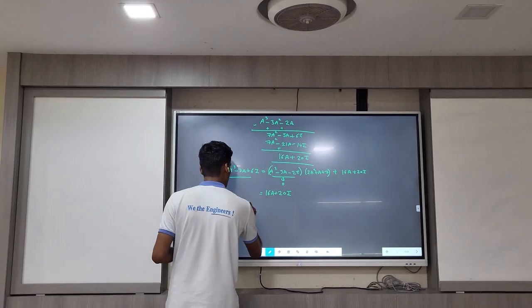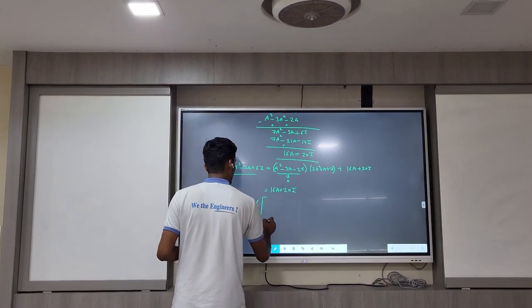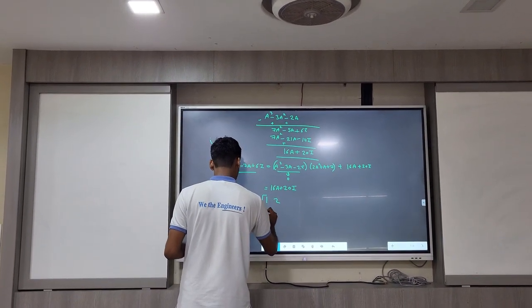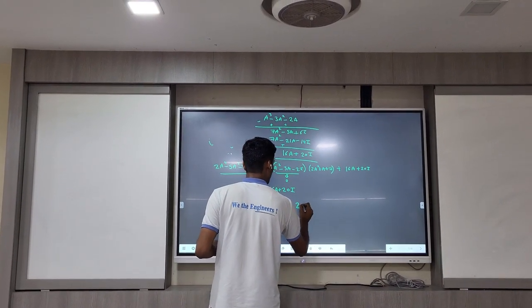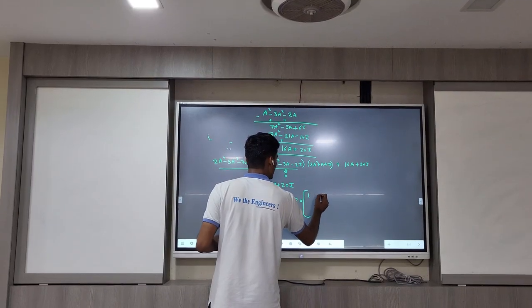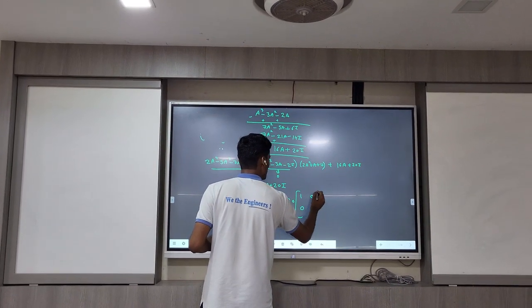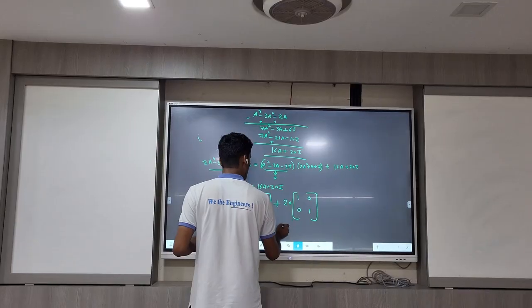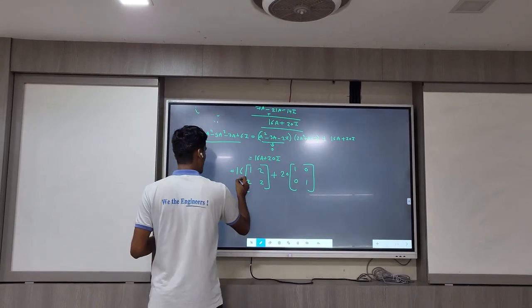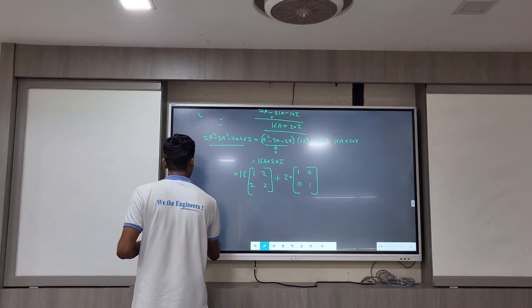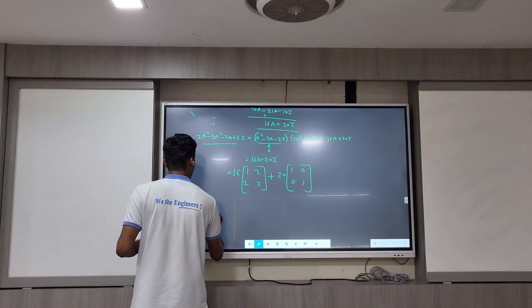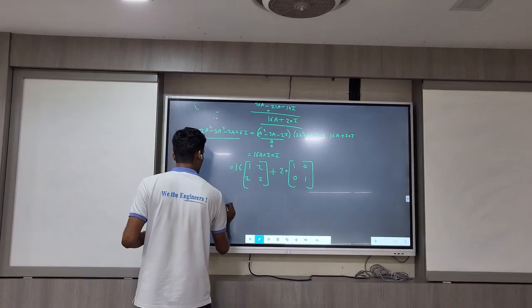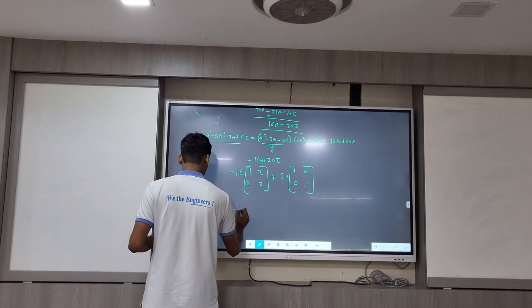So now we'll put the values. As we know, the matrix A was 1, 2, 2 plus 20. So after solving, we get 2A to the 4 minus 5A cubed minus 7A plus 6I is equal to